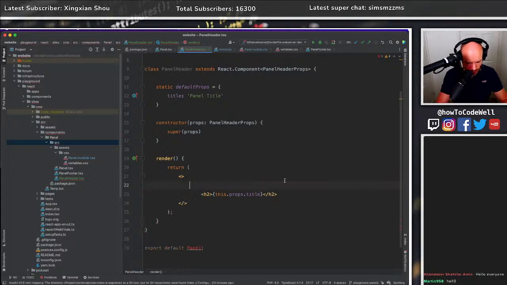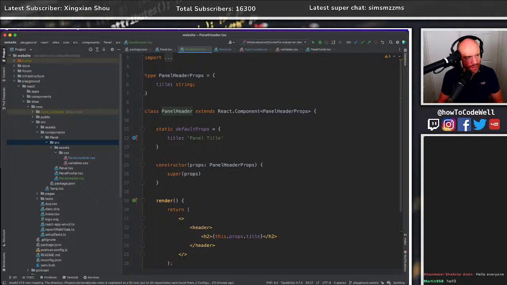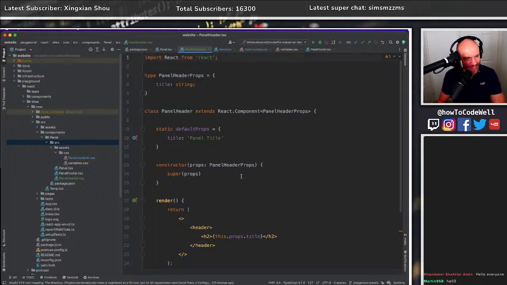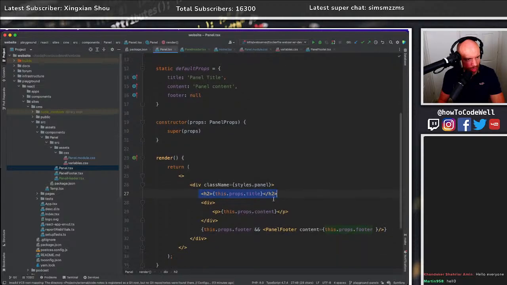I am going to wrap it in a header because I can, and we're just going to put that in there like this, and then this of course is going to be our panel header that we're exporting. There we go. Okay, so that's very quick. Let's get rid of all this rubbish. Don't need any of that. Cool. Okay, so then what I can do on panel is I can pass that in, right? So I can do